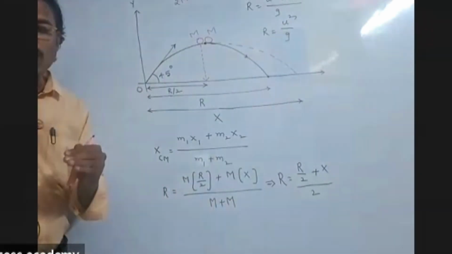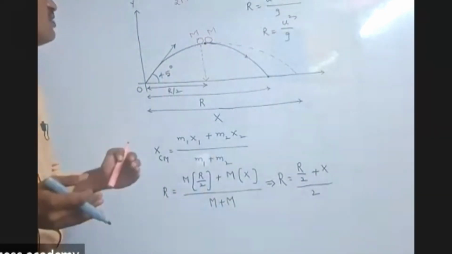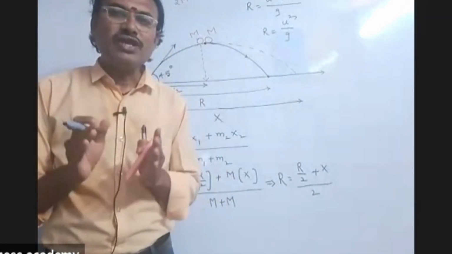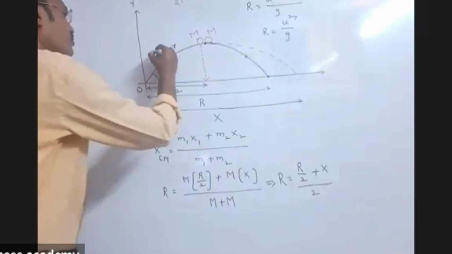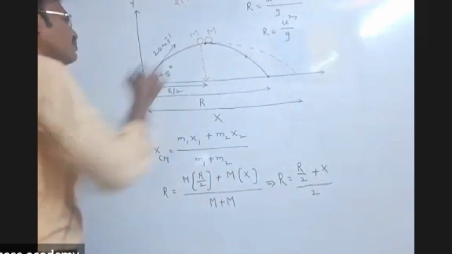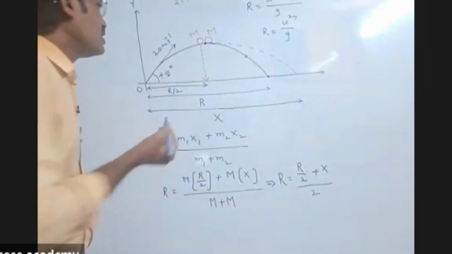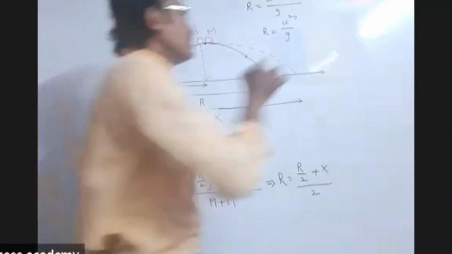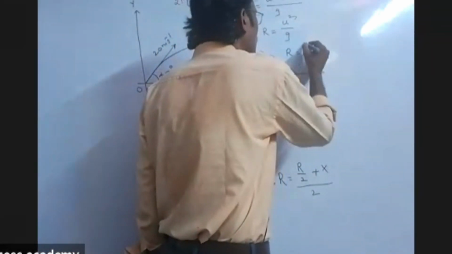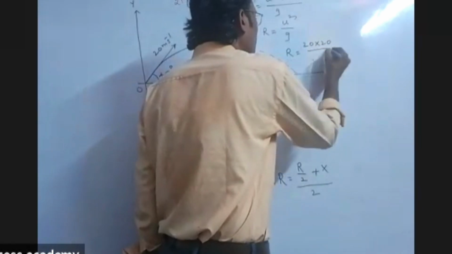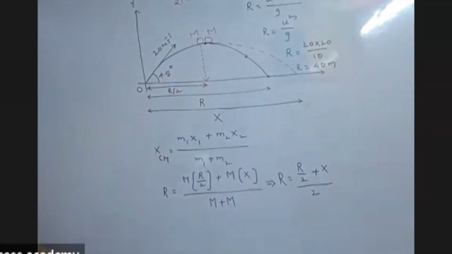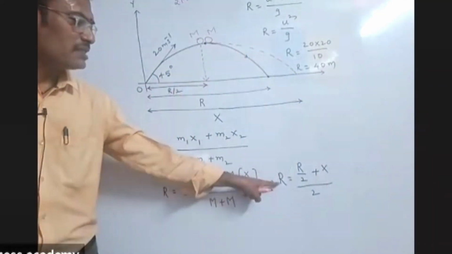For example, if the bomb is initially projected with a velocity of 20 meters per second, then acceleration due to gravity is taken as g is equal to 10 meters per second square. Then R max, nothing but R is equal to 20 into 20 by 10. That is equal to R is equal to 40 meters. So the range is considered as 40 meters. If you substitute 40 meters here in place of R,